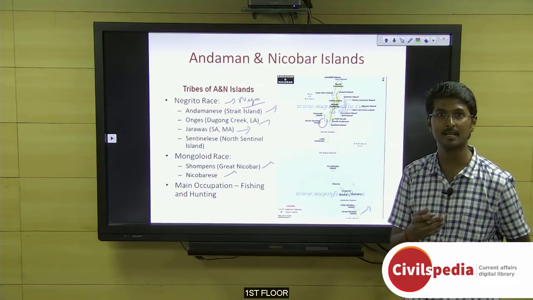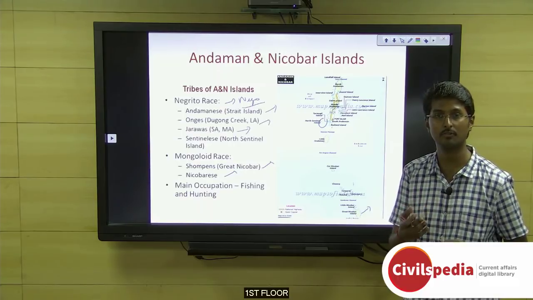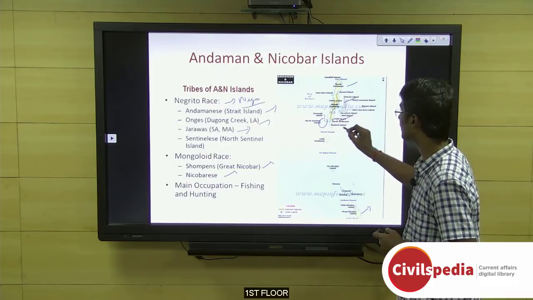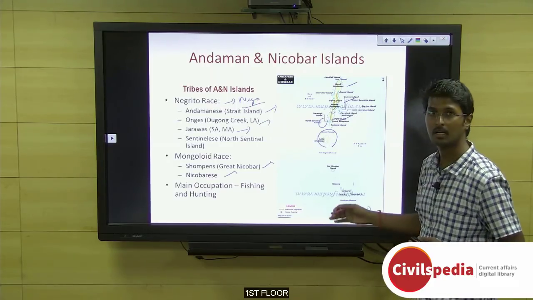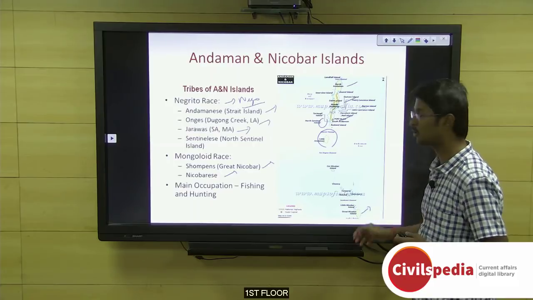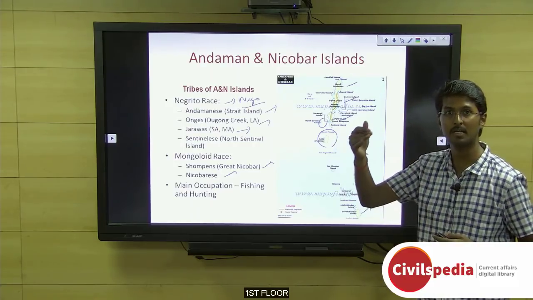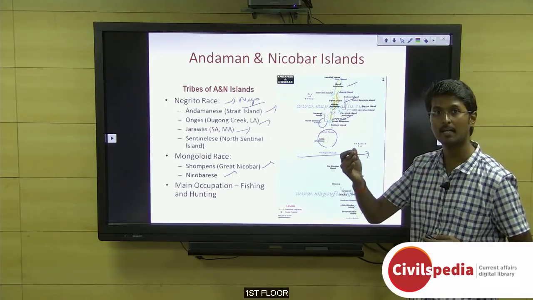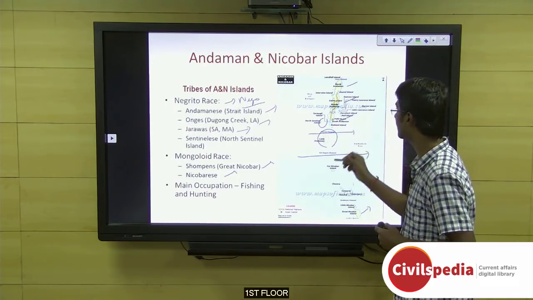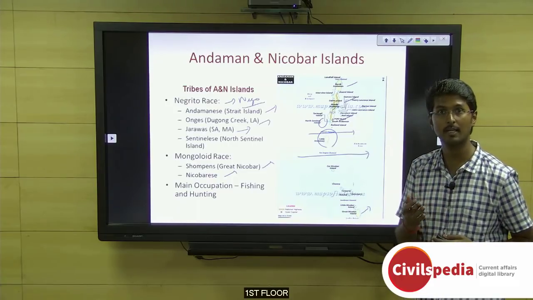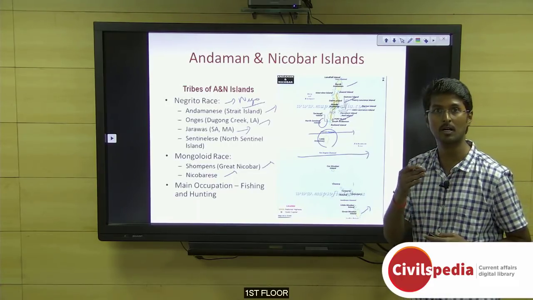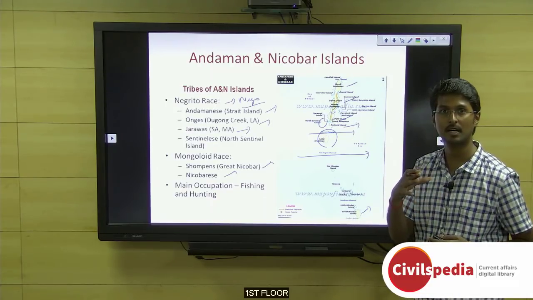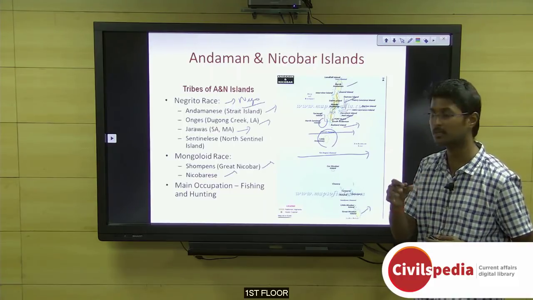And as for some trivia and geographical information about the Andaman islands, it has North Andaman, Middle Andaman, South Andaman, and Little Andaman. And Nicobar has Car Nicobar, Little Nicobar, and Greater Nicobar Islands. The Andaman and the Nicobar are separated by the Ten Degree Channel, and South Andaman and Little Andaman are separated by the Duncan Passage. Rutland Island was also in recent news because a long-range missile launch site has been cleared by the government to be set up on Rutland Island.